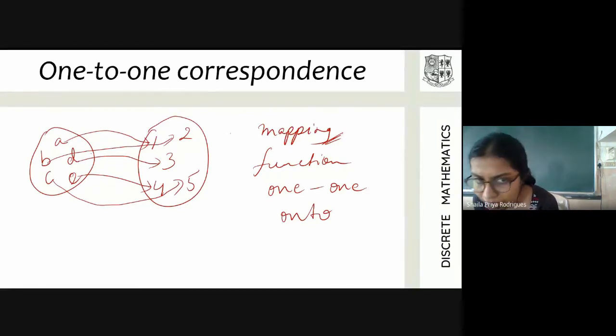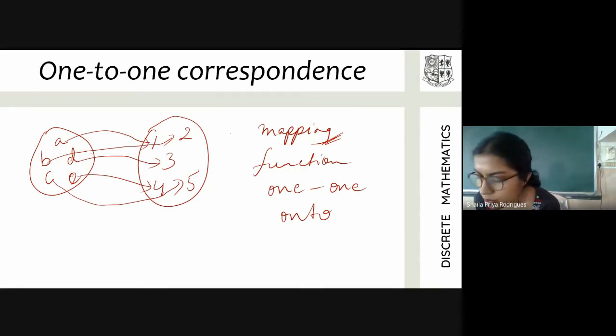Also, every element in the second set has a pre-image in the first set, that is in the domain. Hence, it is onto. The mapping that I've drawn is both 1-1 and onto. And you see that both the sets have equal number of elements. So equal number of elements is one feature that you need to have to establish 1-1 as well as onto a relation there.